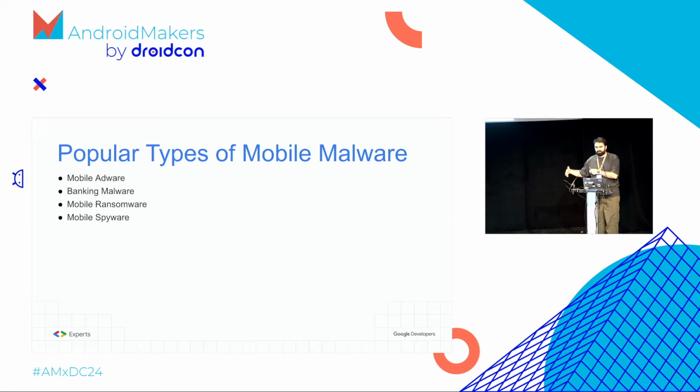So there are popular types of mobile malware, of course, because it's a huge area and developing rapidly. You might see mobile adware, and banking malware, which is a very hot topic. You might not see it in daily life, but banking malware in a while really affects certain countries or certain groups of people, or very specific apps. If you are not targeted by it, that's really good, but the entire country is targeted by specific banking malware